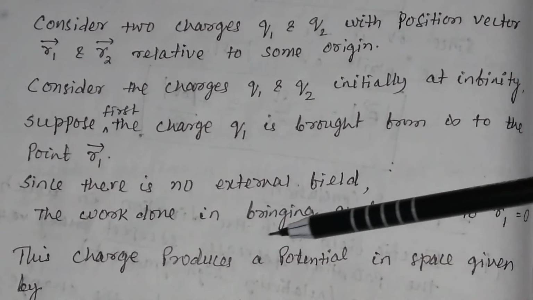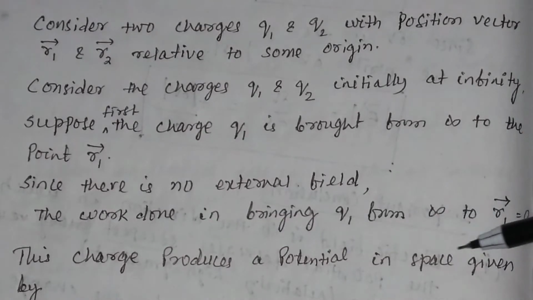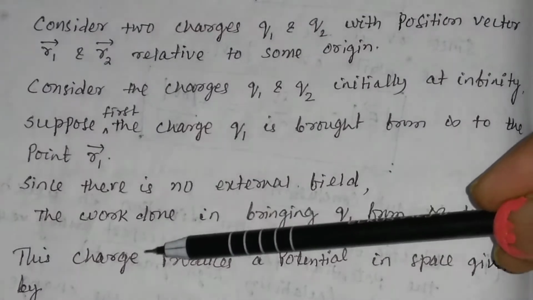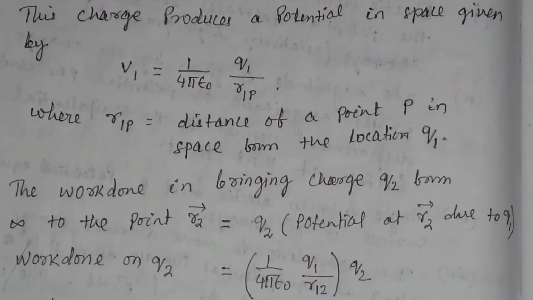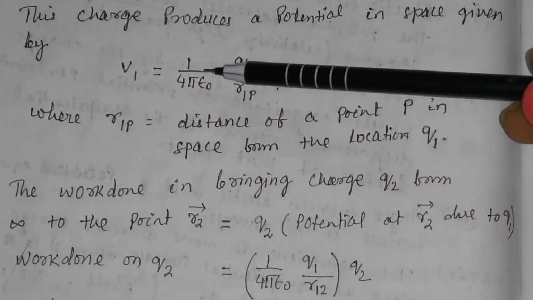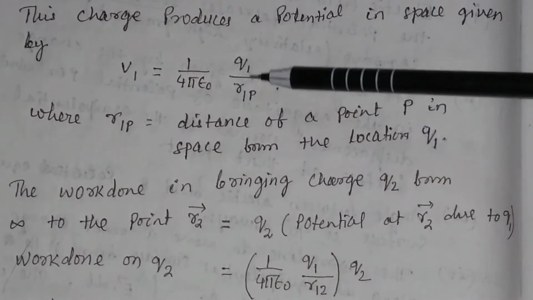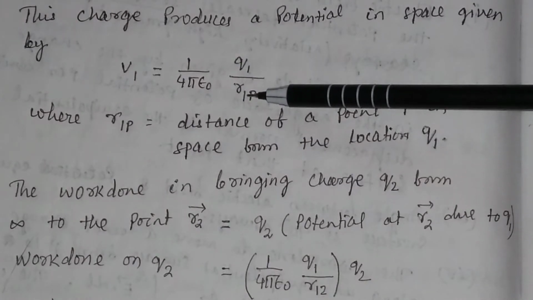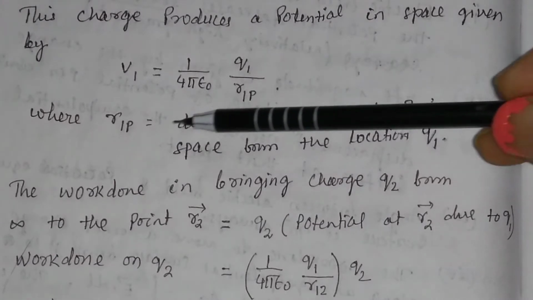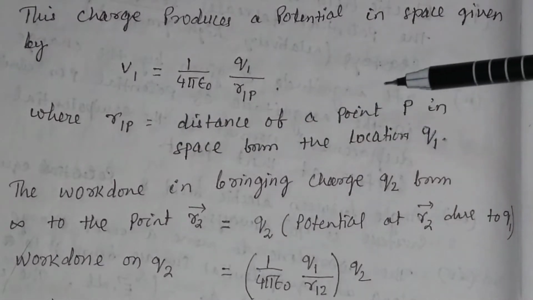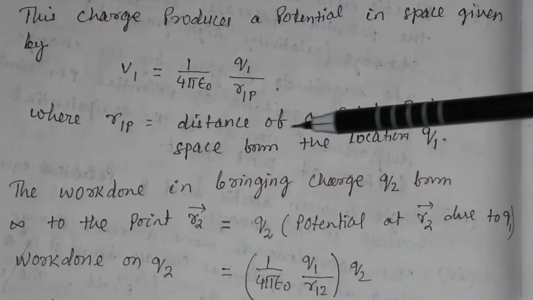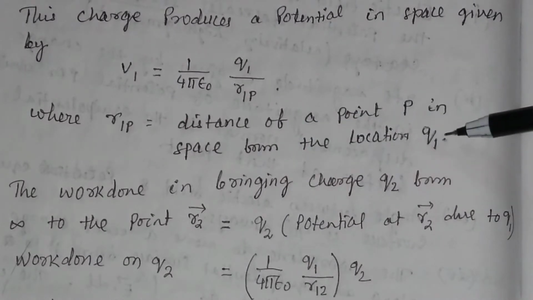This charge produces a potential in space given by V1 is equal to 1 by 4 pi epsilon 0 q1 divided by r1P, where r1P is the distance of a point P in space from the location of the charge